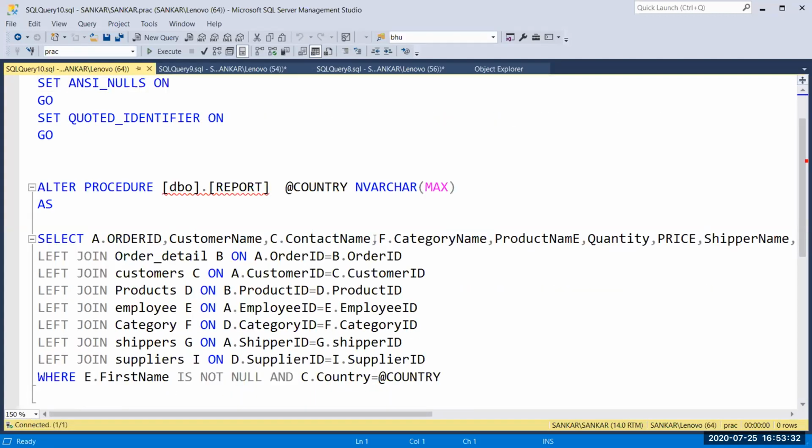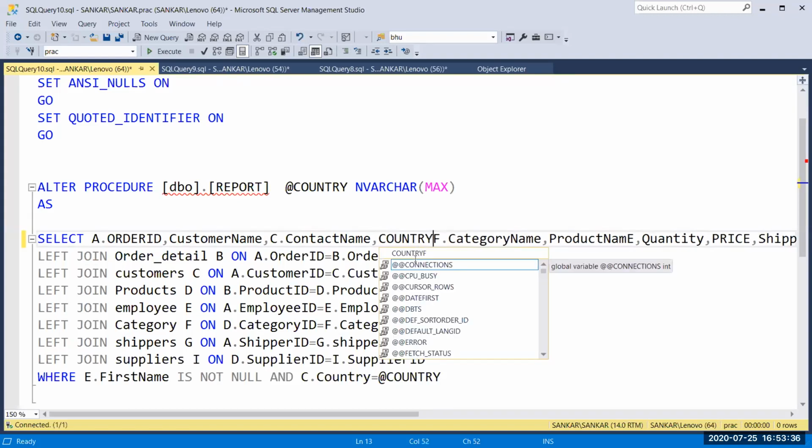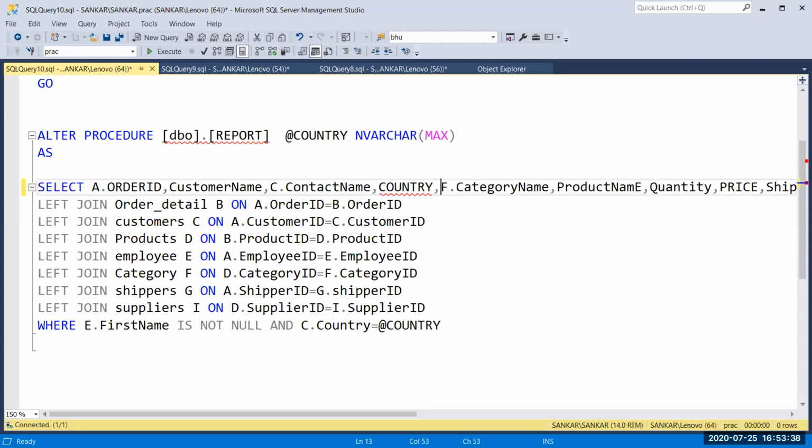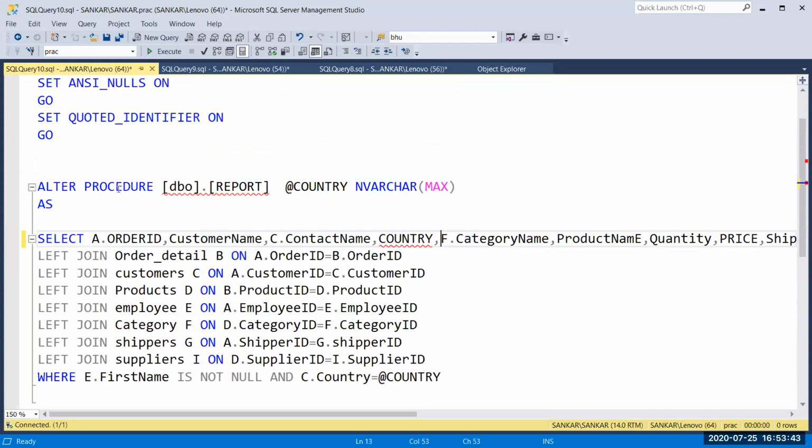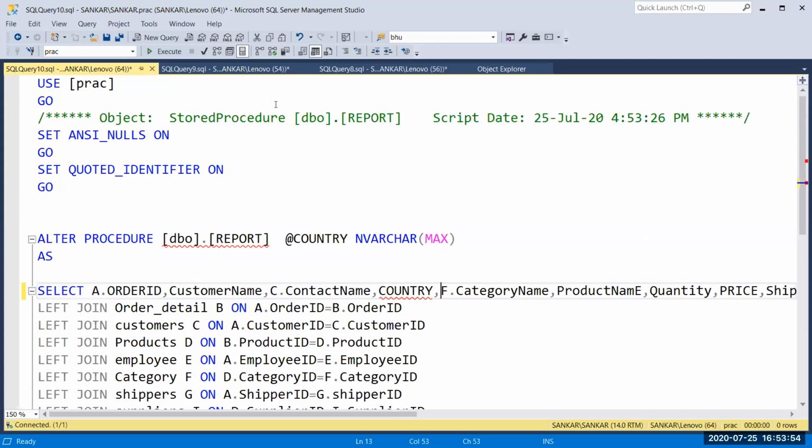Here I'm going to add the country column. This is your alter procedure query. If you want to alter your procedure, just right click your procedure name, then click modify.